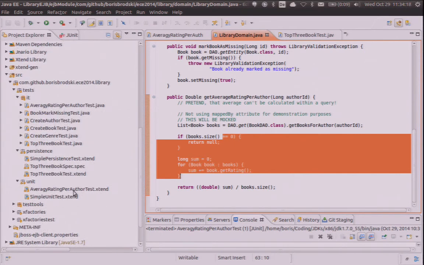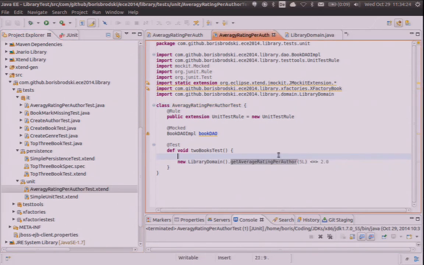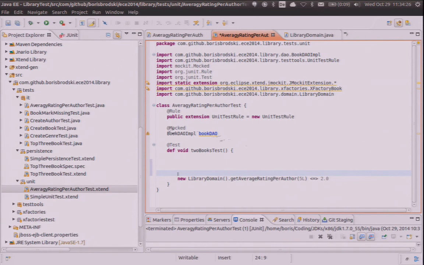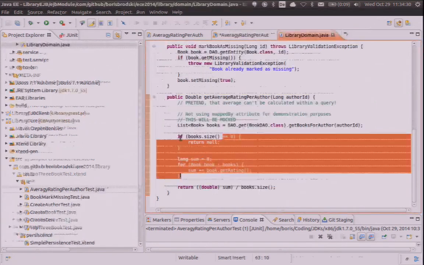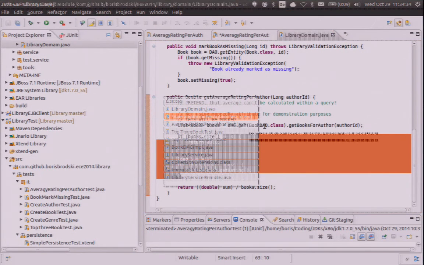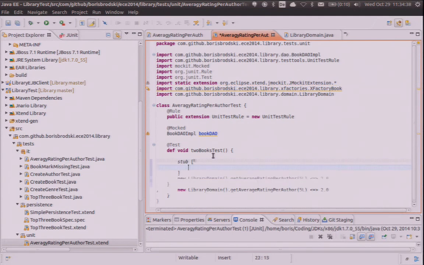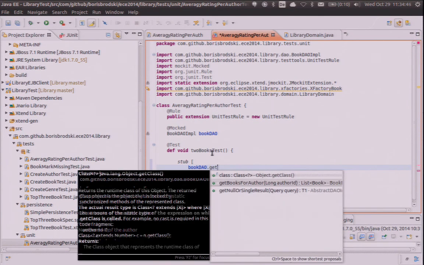I prepared here an almost empty test with just a call to the method that we want to test. And we're mocking here this book data access object that is used here, so this method doesn't get called. So let's start with configuring our mock. I write just stub, then I can call the method,